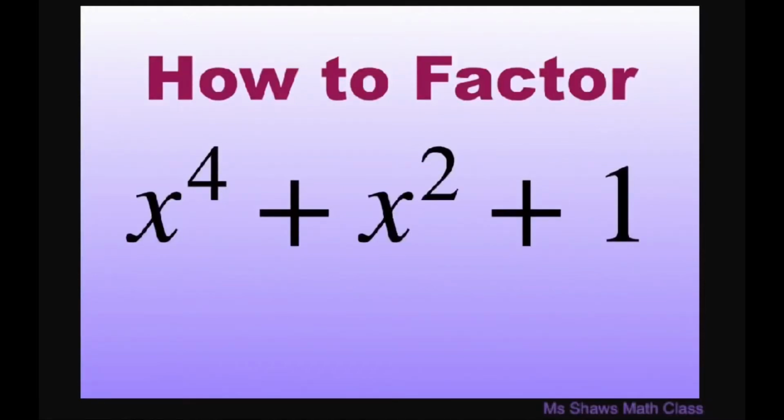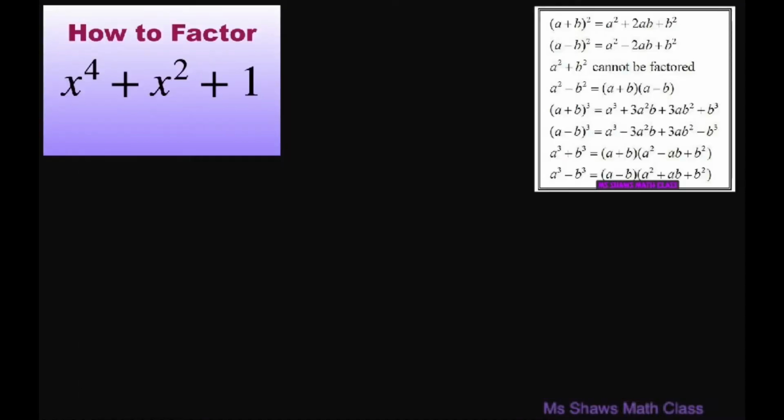Everyone, we're going to factor x to the power of 4 plus x squared plus 1. Alright, the first thing I want to do is, this is just really hard to factor, so I'm going to rewrite my middle term to make it easier. I want to make a perfect square trinomial, and I'm also going to use my difference of squares to factor